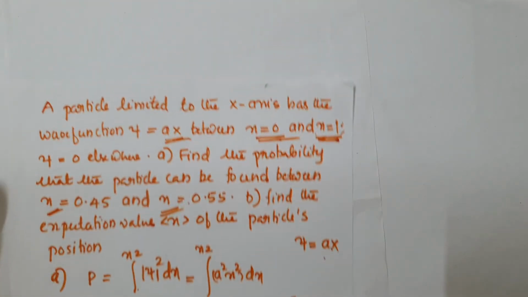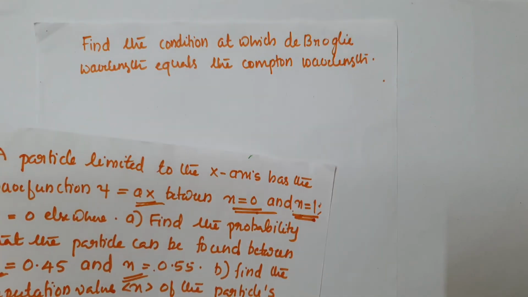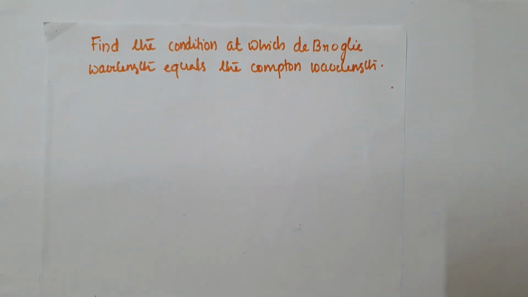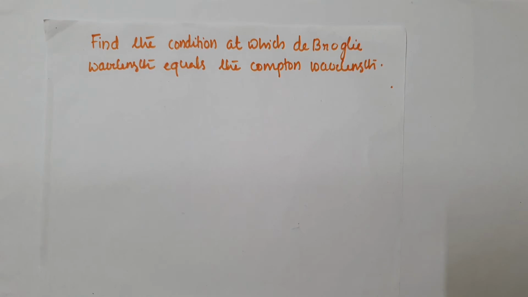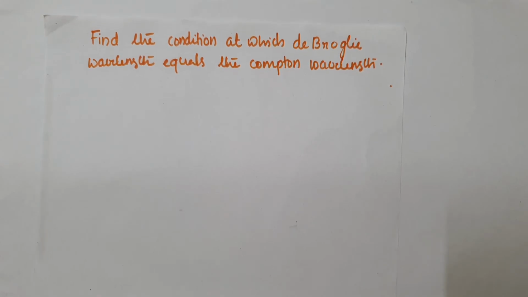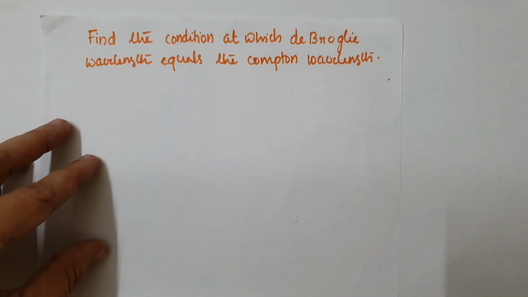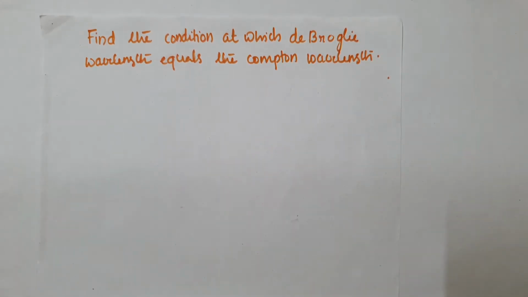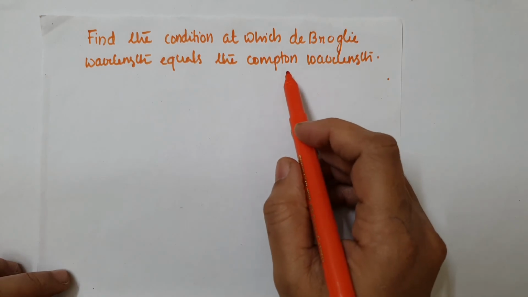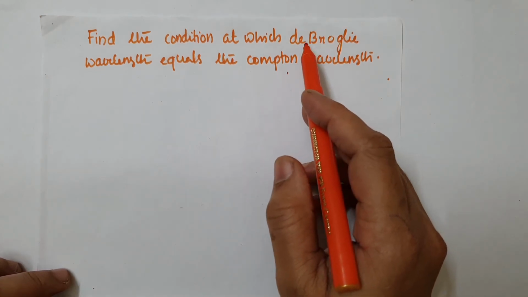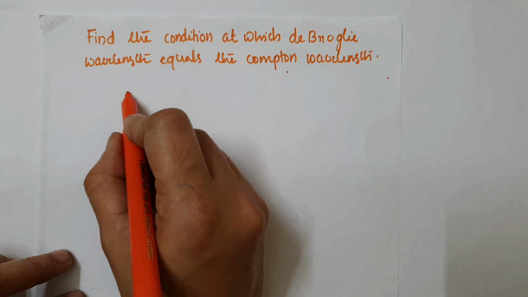The next problem is this: find the condition at which the deBroglie wavelength equals the Compton wavelength. Next question. We have studied what the Compton wavelength is and what the deBroglie wavelength is. And the Compton wavelength